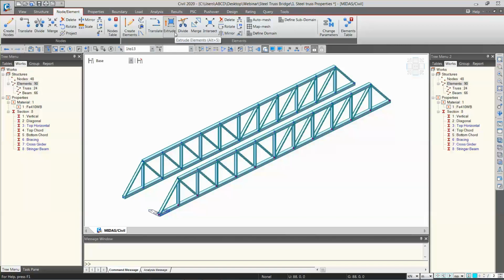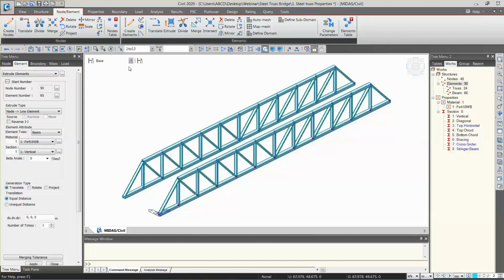Now a lot of sessions have been carried out in this webinar series, so you must be aware of this extrude command. So this is similar to AutoCAD, you can say. So extrusion is nothing but creating a line element from a single point. Okay, if you already have a line element, we can extrude it to make a plate element, and if you already have a plate, we can generate it as a solid. So point to 1D, 1D to 2D element, 2D to 3D. Okay, so we will use node to element, node to line.